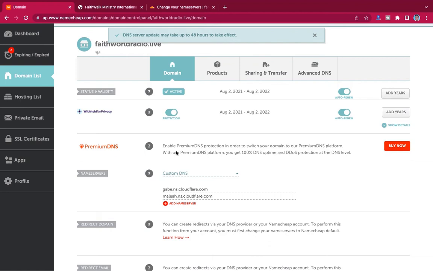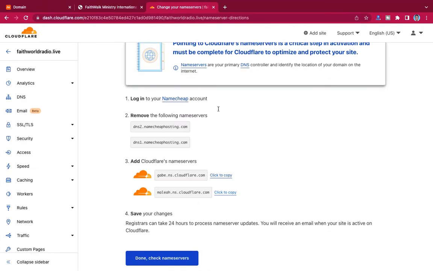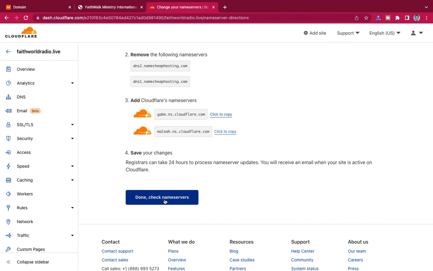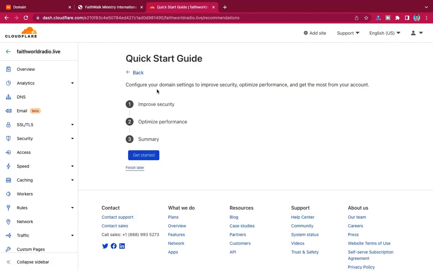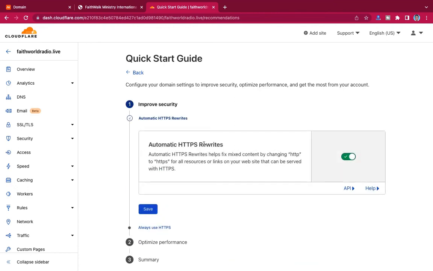So we have successfully pointed our domain's name servers to Cloudflare. What we're going to do is click over here to say it is done, so they should check the name server. Click over here to say done, and then it will give you a quick guide to go through. Just click on get started, and then make sure that we want the